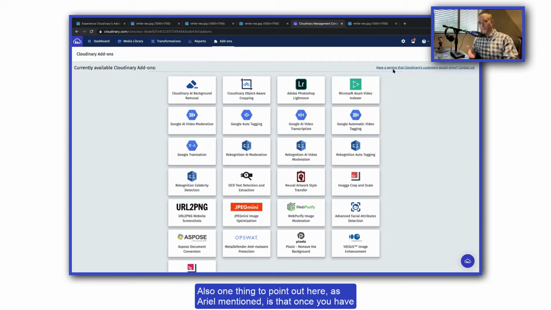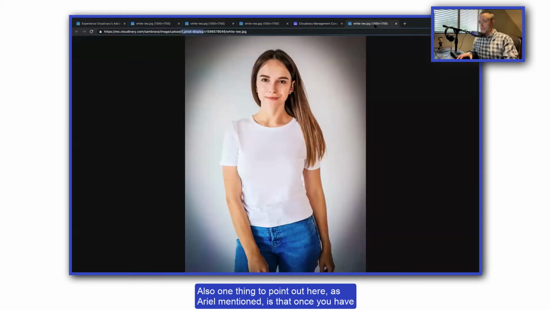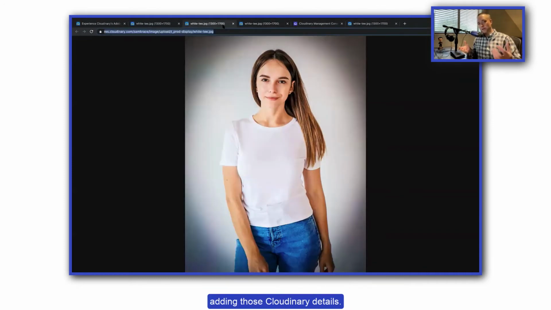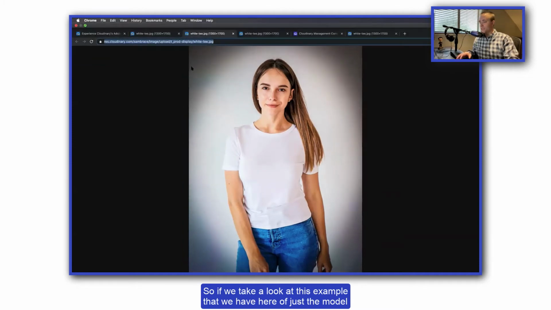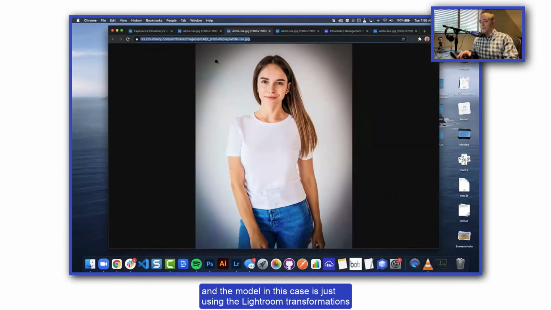Also, one thing to point out here, as Ariel mentioned, is that once you have all those Lightroom details coming through, it is very helpful to start adding those Cloudinary details. So if we take a look at this example we have here of just the model, the model in this case is just using the Lightroom transformations as we showed.